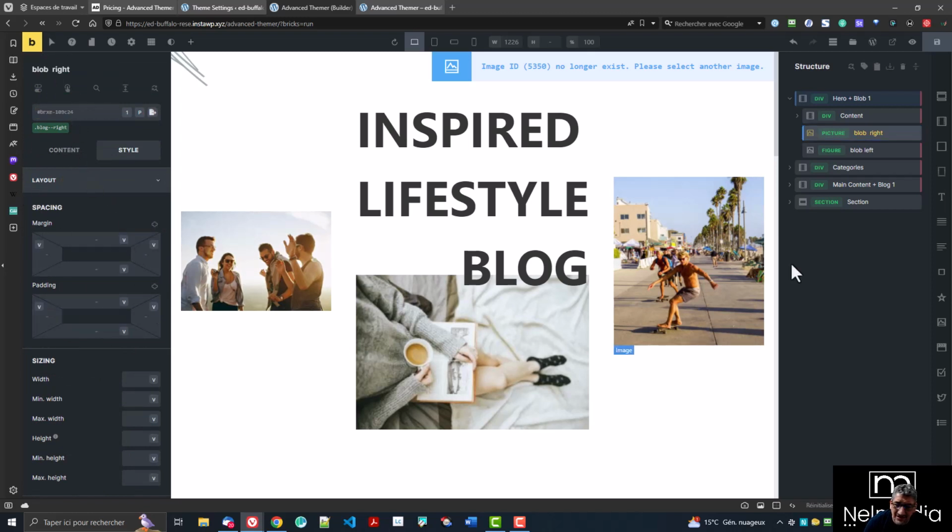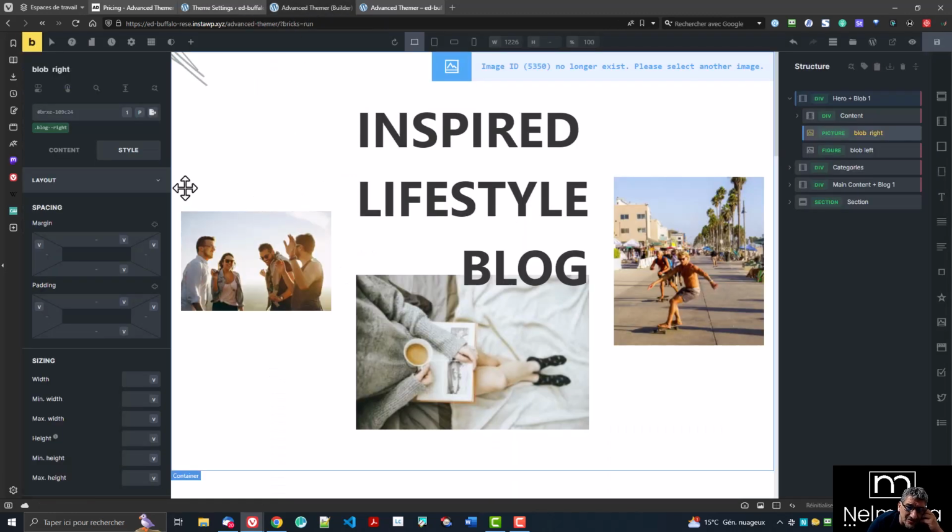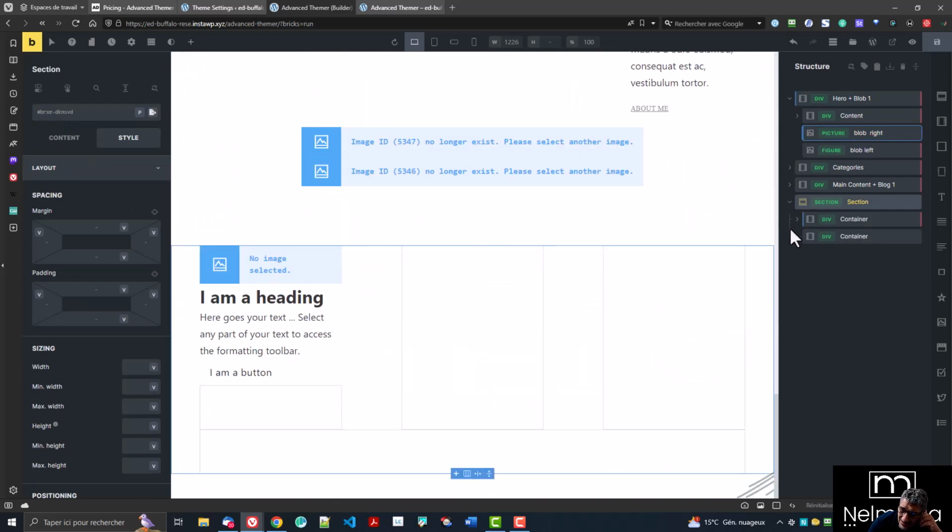So really, really quick way, and you can see here, by the way, at the same time that I don't have anything put on the ID, but I have everything in the class. So that's really great. That's one of the most important and interesting features of Advanced Themer, for me anyway. I like classes, so when you select a class, it will highlight all the elements that have that class applied. So for example,